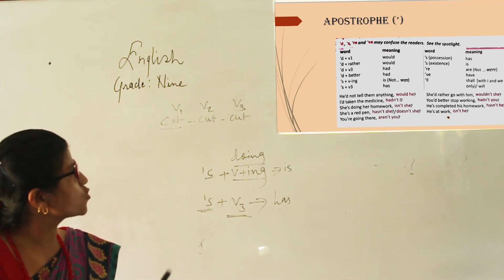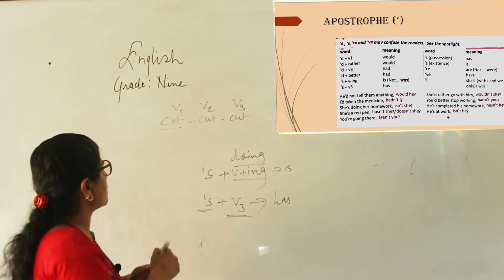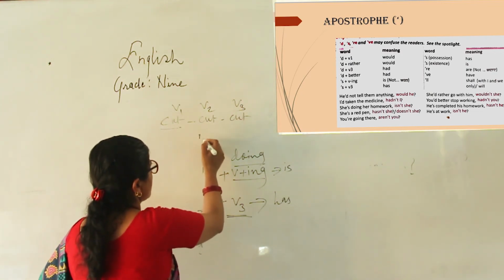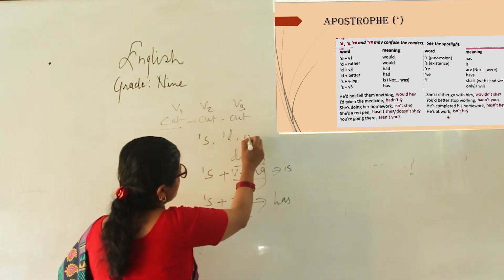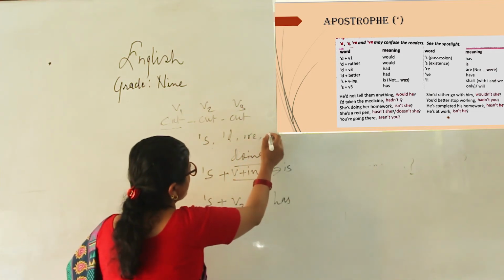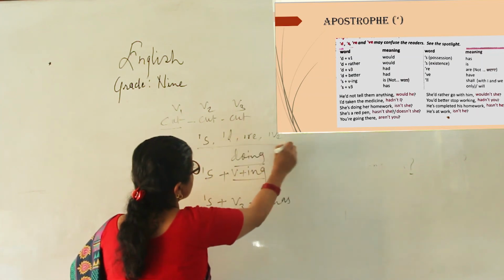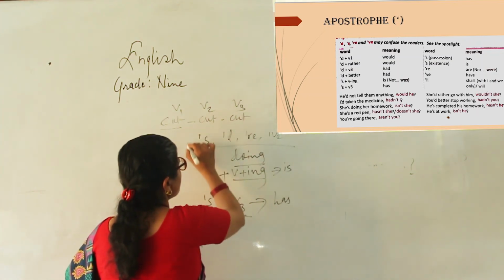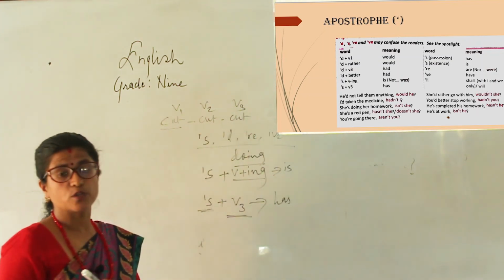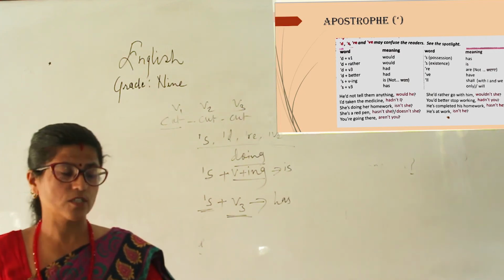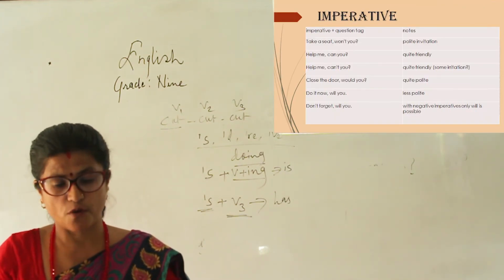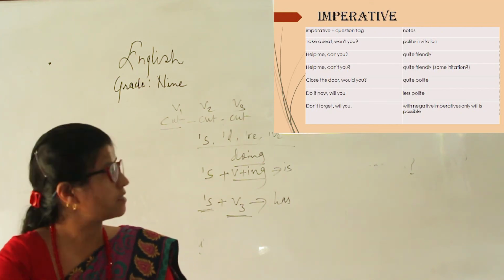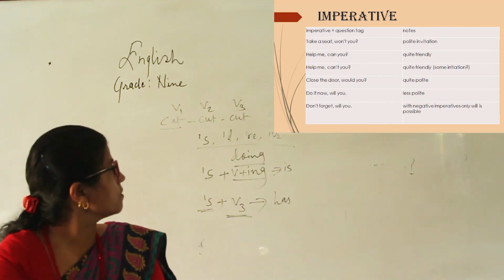Okay, so you can denote apostrophe simply like this. There can be apostrophe S, apostrophe D, apostrophe RE, also apostrophe VE. These are very important, and as we know, in the tag we use the contracted form, the short form. Okay, because of that they are used. And let's see